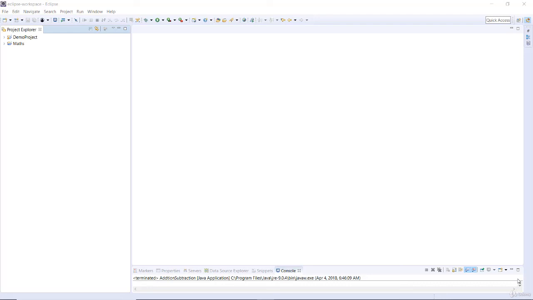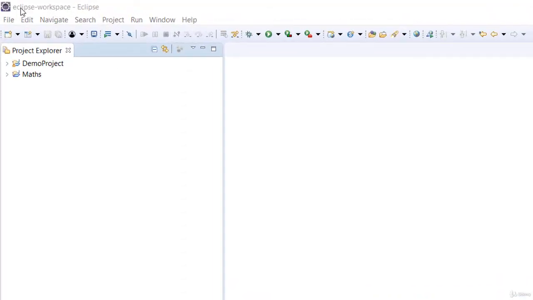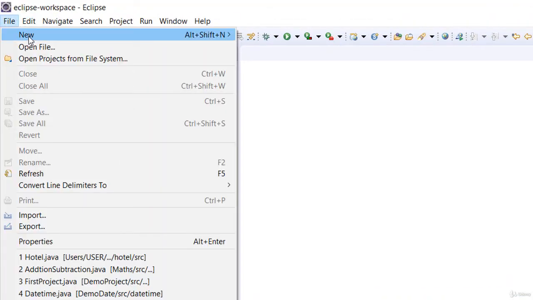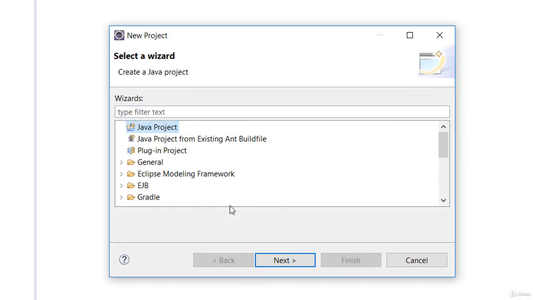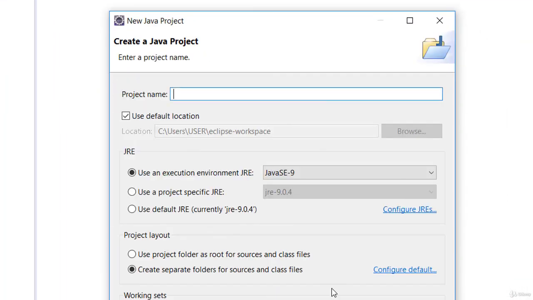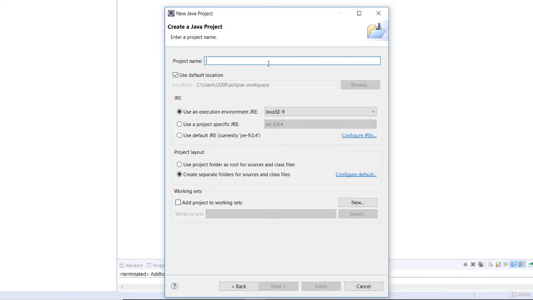Okay, this is the third project after our first, subtraction and addition. So this is the third project we are doing in this course. Go ahead and hit on files and move to new, and hit on projects and Java projects and hit on next, and I'm going to call this